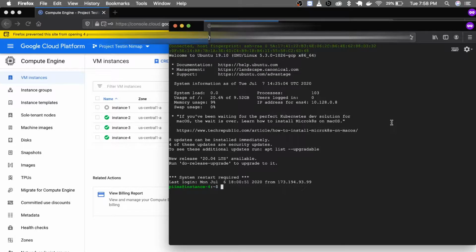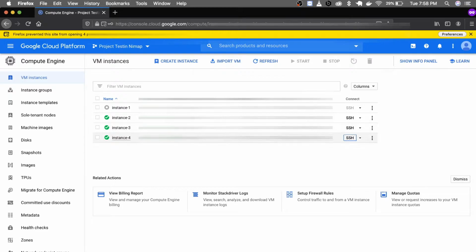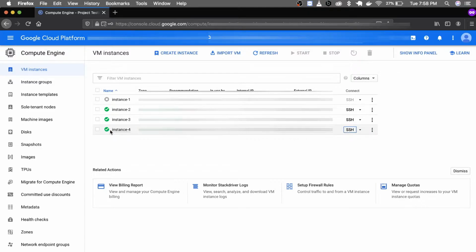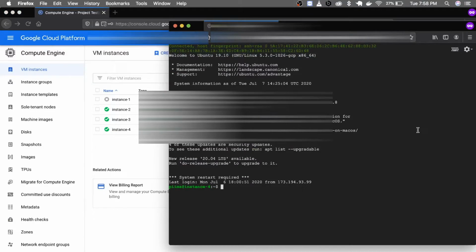So let's get started. As you can see, I have started my instances. I have four instances running in this Google Cloud service, and in the last tutorial I created this instance 4. As you can see, it's up and running. Three of them I have stopped for some reason. Two of my instances are running for some other project. To install Apache, we need to get access to SSH. So let's click on this SSH and start our terminal.